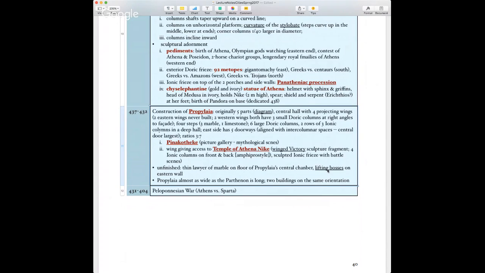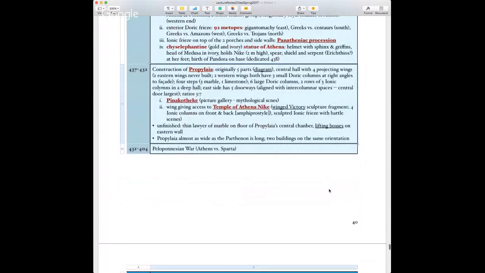I mean, think about it. These sculptures are all made from huge drums and slabs of marble that are dragged in with oxen from a mountain, Mount Penteli, not near Athens. There is also a thin layer of marble on the floor of the Propylaia, which was put there to protect the floor below. And when they were dragging in more marble, it was never taken off. Camp points out that the Propylaia and the Parthenon are really in proportion to each other. The Propylaia are almost as wide as the Parthenon is long, and the 2 buildings are oriented together.